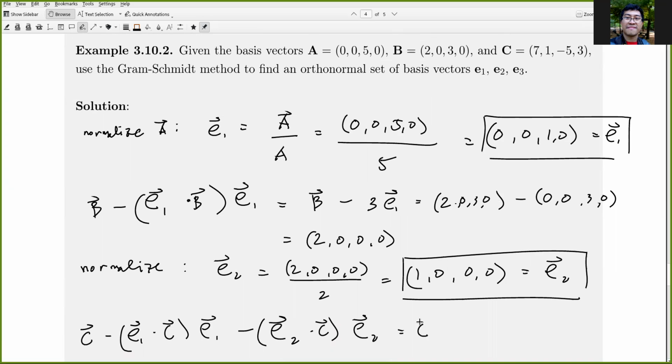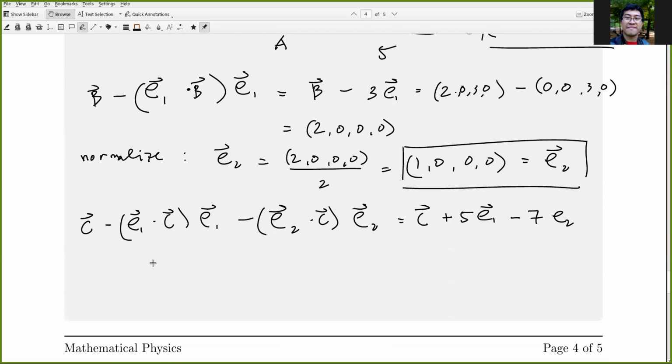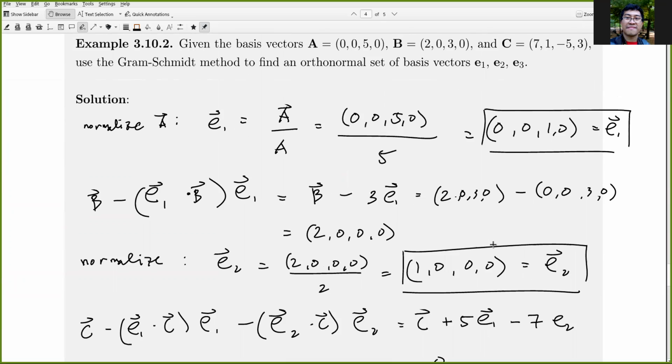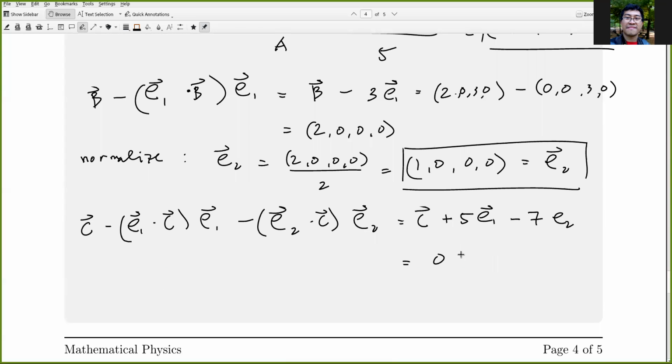So you can write C plus 5 E1 minus, for E2 it would give us only that 7. So there's 5 times E1, so there's 5 here, minus 7, there's a 7 here. So originally we have 7 1 minus 5 3. You remove 7 because of this -7 and positive 5 5. So you have 0 1 0 3,